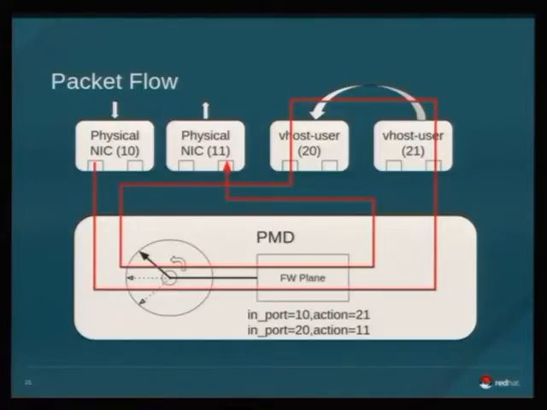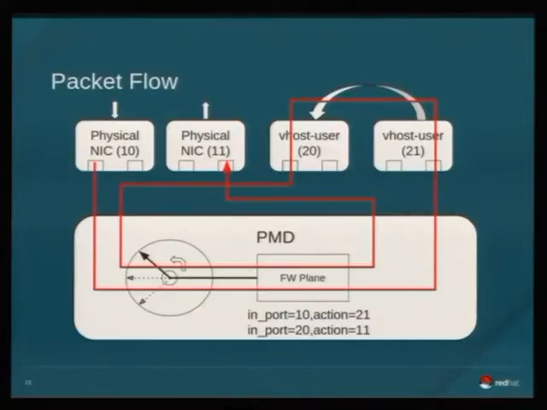Let's talk about the packet flow. So this is the physical port that receives from the traffic generator. It's called number 10. It will come here. The thread will poll for that. We'll match this data plane rule, OpenFlow rule. It says, oh, coming from port 10, send out on port 21,